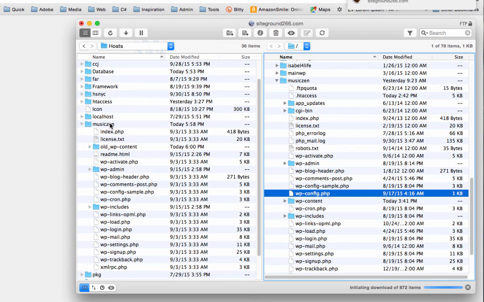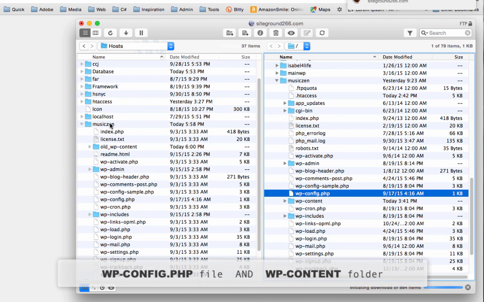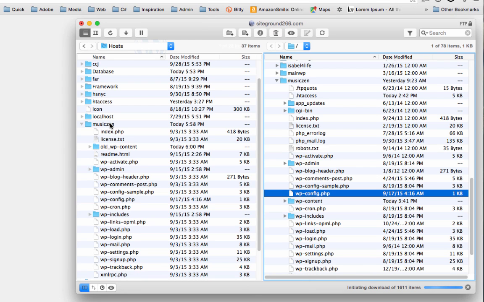So that's basically the two items that you'll need to transfer your website in terms of copying files: the WP-config.php file, and the WP-content folder. So we're going to let that copy there, and in the meantime